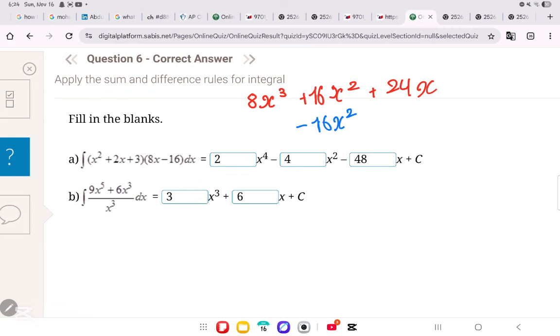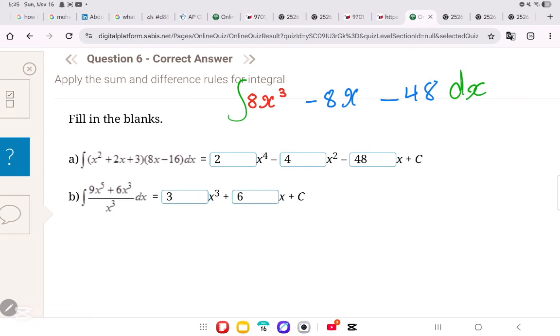Then I have 2x times minus 16 minus 32x. And then I have 3 times minus 16, which is minus 48. I add them, I simplify them. I get my final answer to be 8x cubed minus 8x minus 48. Now what do I need to do? I need to do the integration of this. So it's going to be